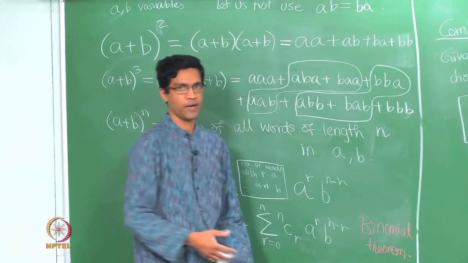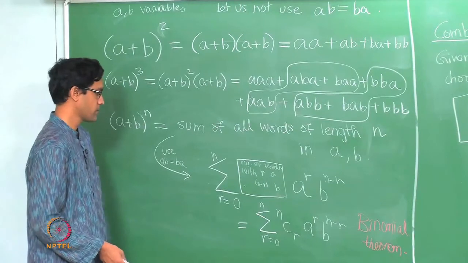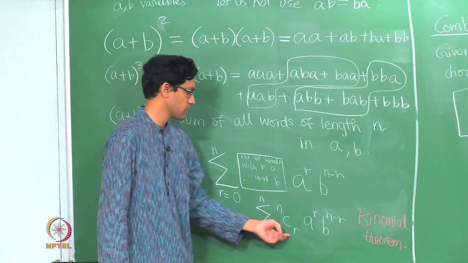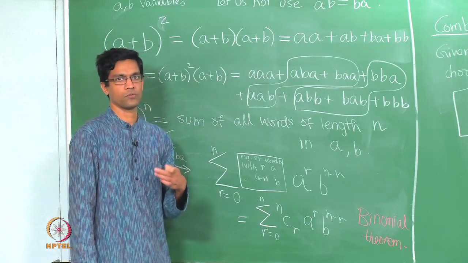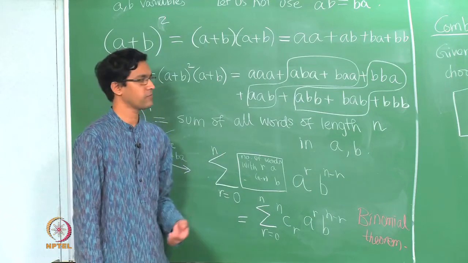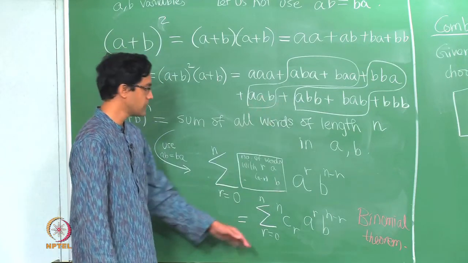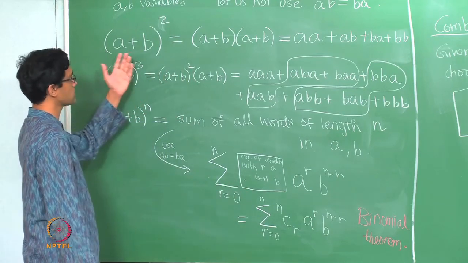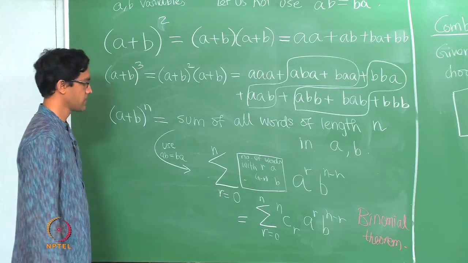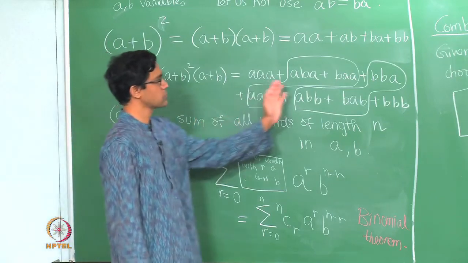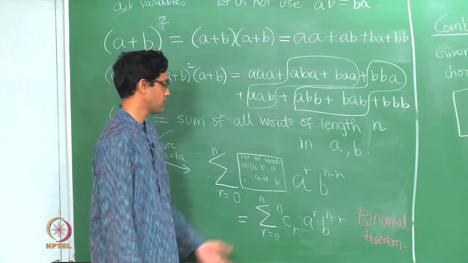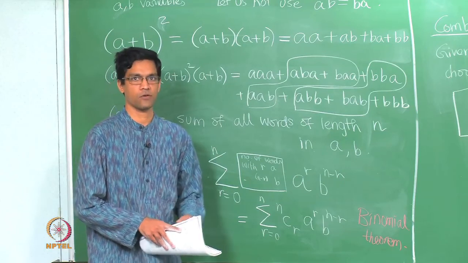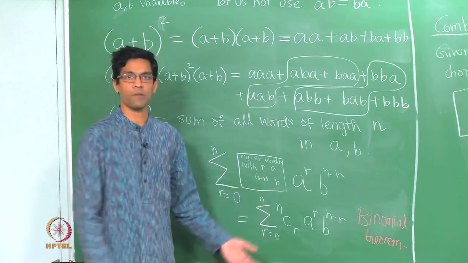It tells you how to expand (A+B) power n, and this gives you a much clearer idea as to why these numbers, the numbers of combinations, which appear when you do a counting of certain types of configurations, also appear when you try to expand this algebraic identity. The reason is that it really counts all words of a certain kind, and that's exactly given by the number of combinations. Okay. So next time we will look at some further properties of combinations.